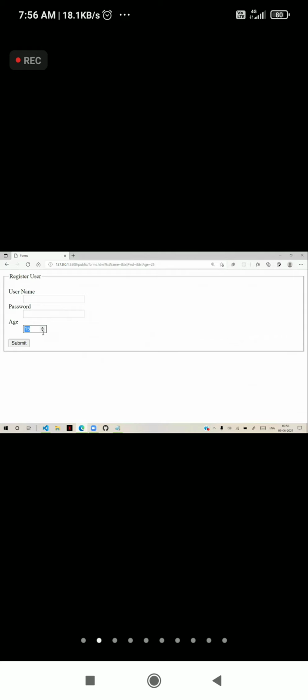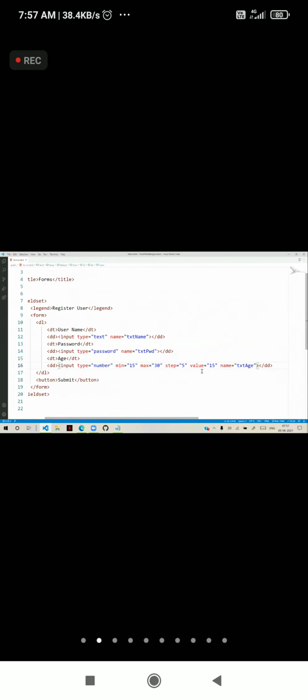Suppose I type 16, it says to the nearest valid value. That means 16 is not allowed, 17 is not allowed, 18 is not allowed, 19 is not allowed. So only 20 you can give, because only the step values you can submit. You cannot submit any value in between. You can submit only these step values.